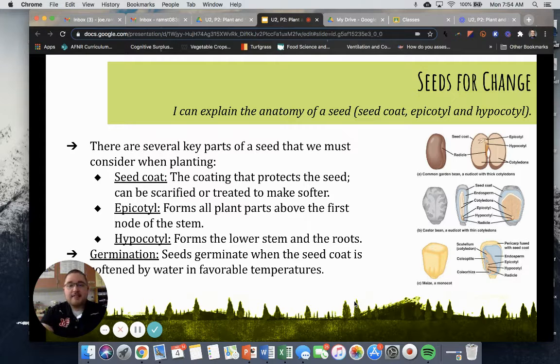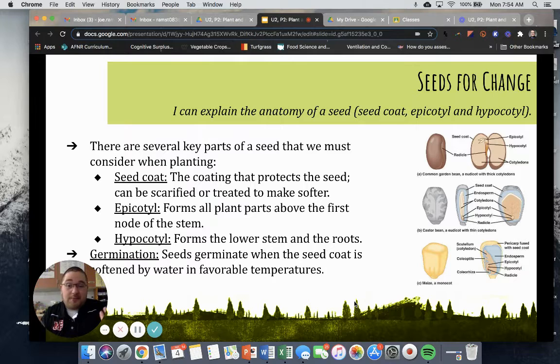Welcome back, Plant Science. So now that we have drawn our best plant and shown it to Mr. Ramsed, it's time to look a little bit more at the different parts of plants and compare and see how your drawing was. Now, I wasn't expecting you to draw a seed on your plant anywhere,